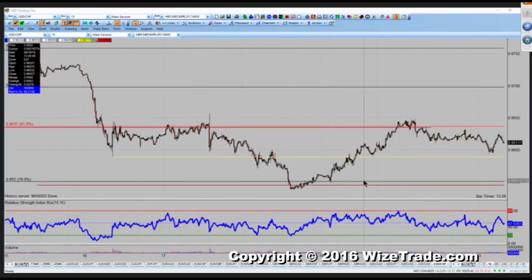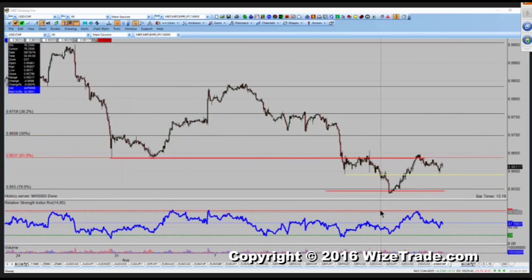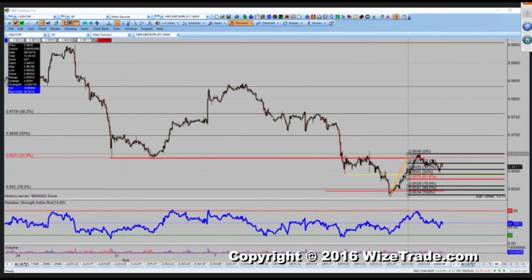I like the fact that we respected this 96 cent level overnight, which, if you look at the hourly, we have the potential of an inverted head and shoulder pattern. All right, now if I take a look at what had happened overnight, the 50% retracement is holding. So even a move below 96 cents,